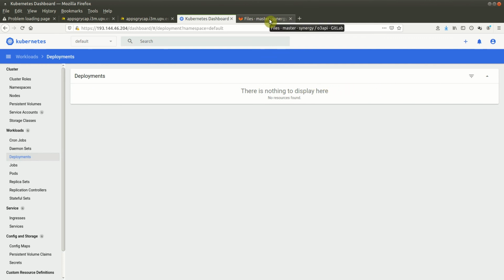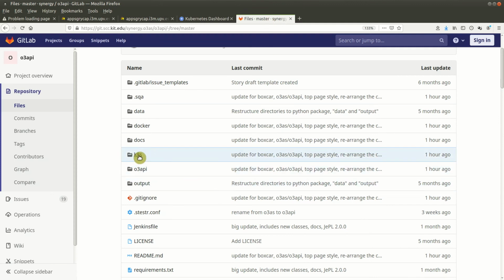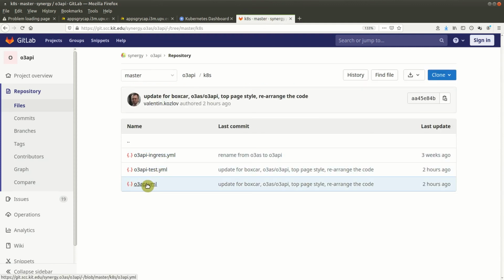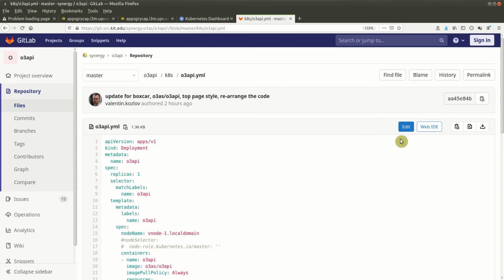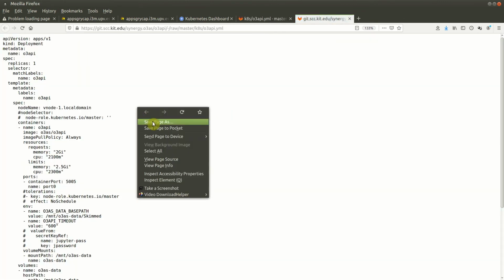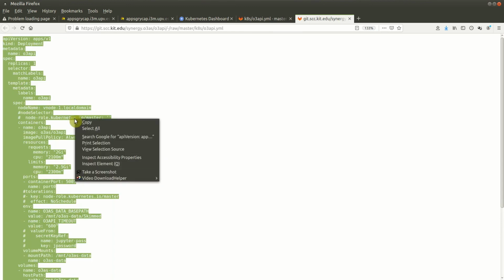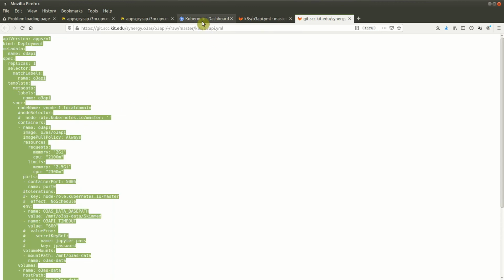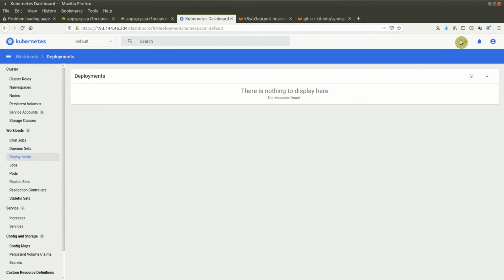Then we can take the YAML file for our configuration from GitHub and deploy our infrastructure here.